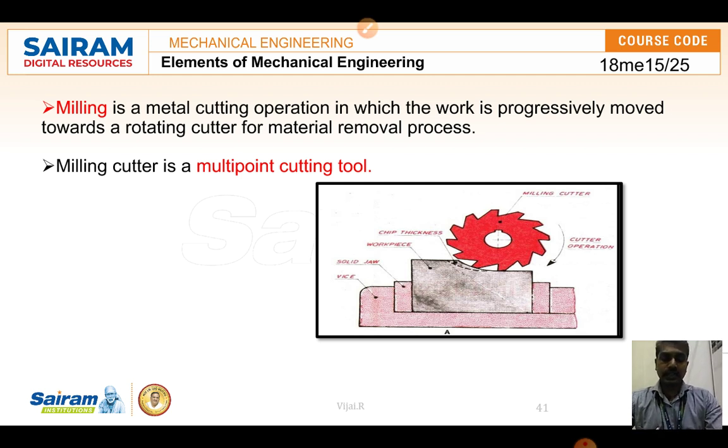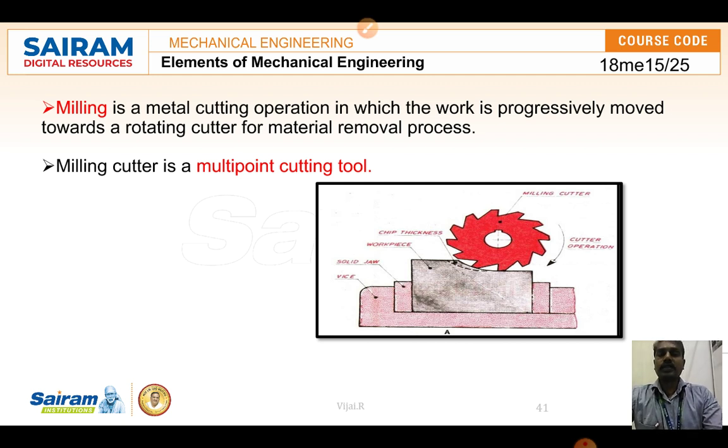In the lathe we have seen a single point cutter, which is held in the tool post, and the workpiece is held in the chuck, which is going to be rotated. That is the working principle of the lathe. A rotating workpiece is in the chuck, and a single point cutter is fed parallel or perpendicular to the axis of the workpiece, which is used for the removal of unwanted material.